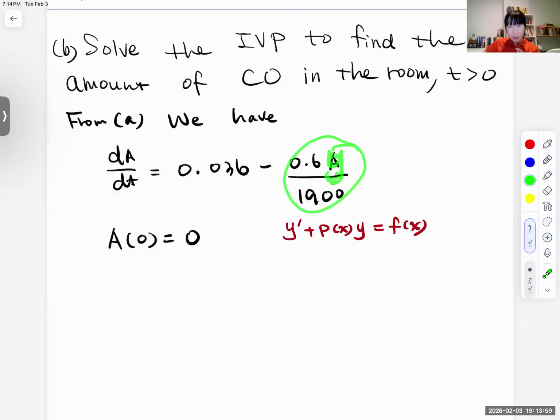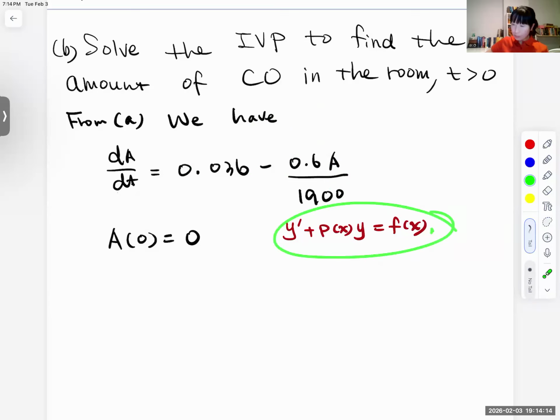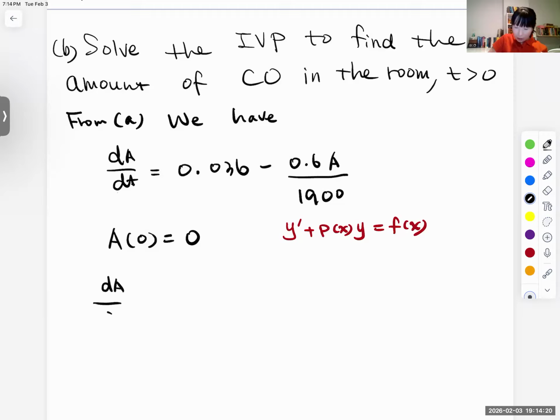Make sense to you? Instead of a, right? So this is y and this is the constant function on the right side, right? Okay, so let us do that. Make this form. Okay, so we will have dA over dt plus 0.6 over 1900 A equal to